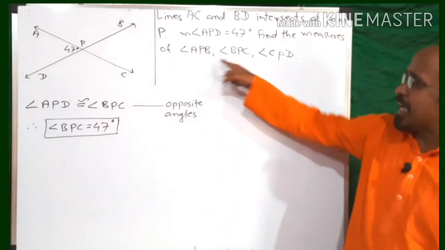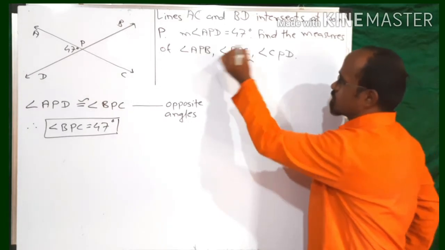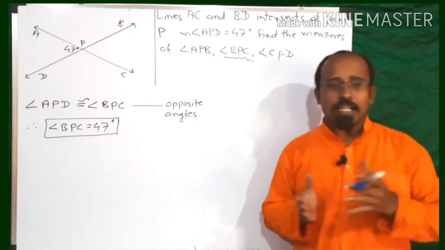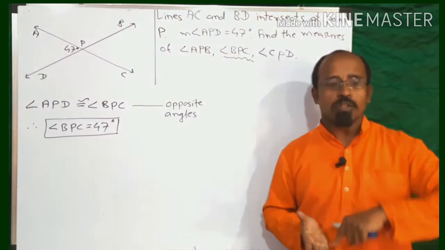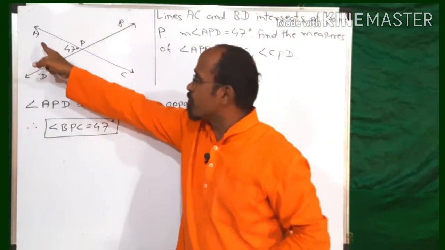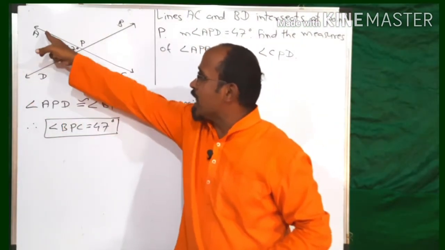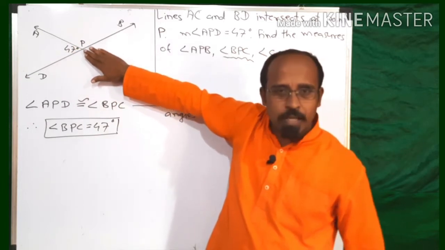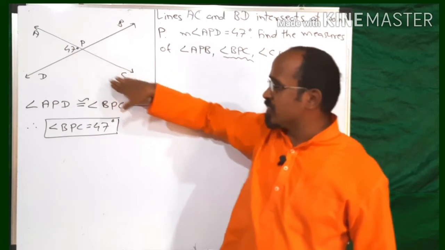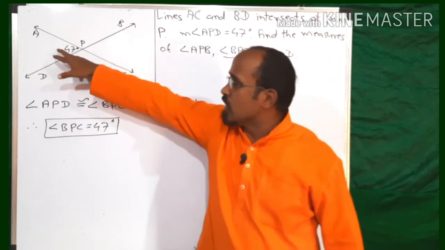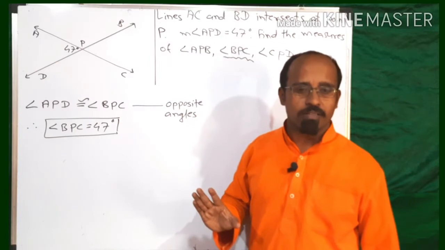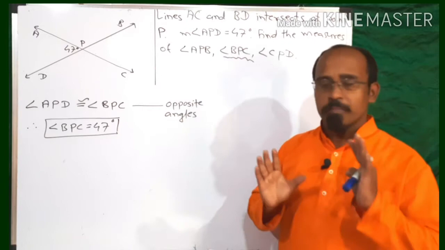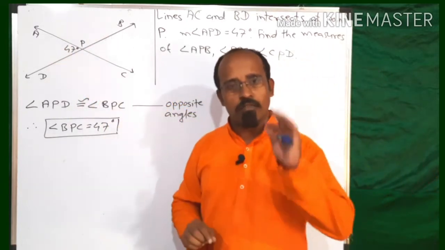So among these 3 angles, we found the measurement of one angle. Now two angles remain, APB and CPD. Let us see which property we can use, vertically opposite or linear pair. Let us talk about angle APB. APD and APB: are they vertically opposite? No. But are they angles in a linear pair? Yes. If you hide the ray PC, you can see that these two are angles in a linear pair. So we can use that rule. Angles in linear pairs are supplementary, meaning the addition of these two angles is 180 degrees.